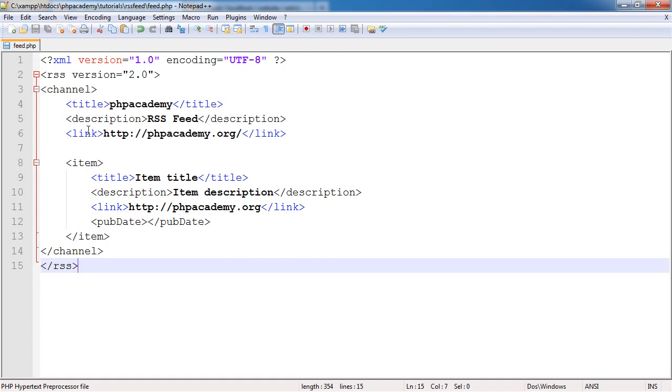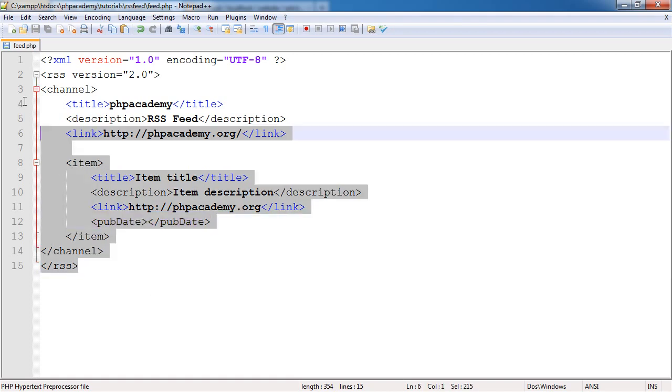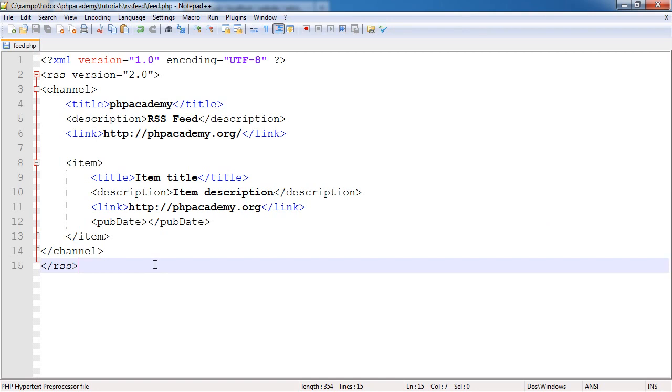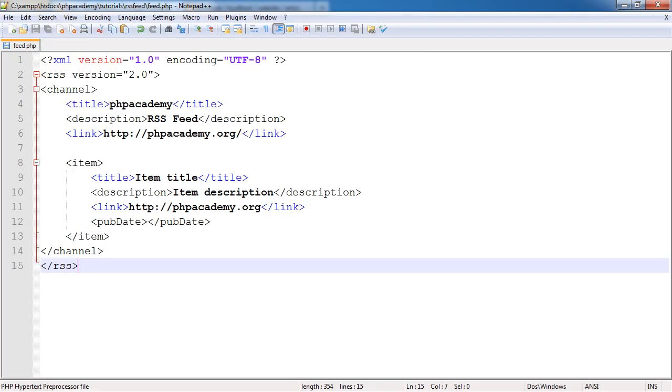Now we've got a couple of problems. Let's take a look at initially what happens if we run this. Now normally if this was HTML it would be fine. We could just run this code and it would output. But let's go ahead and refresh, and we see we get a parse error here on line 1. Now this looks a bit odd, but if we take a look at the code carefully, we can see why. This is a short